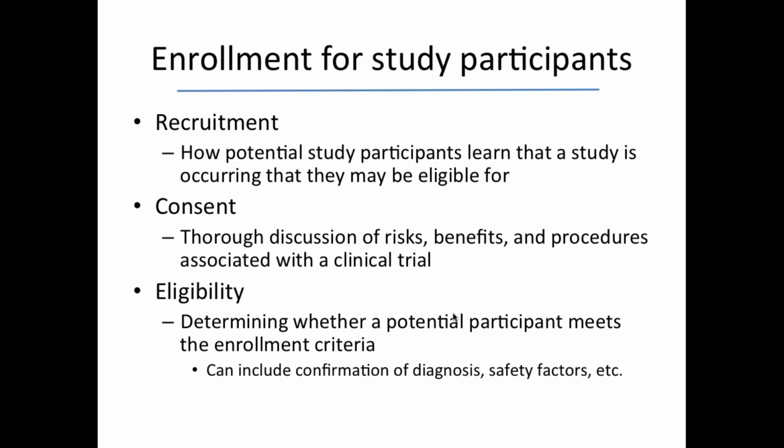Okay, so this is just an interesting note that I wanted to make. If questions come up about recruitment, consent, and eligibility about a study, those questions should really be posed to the principal investigator and to the study coordinator, just to be sure that a steady, appropriate stream of information is coming out from the right sources, because you can imagine misinformation getting out, whether it be good or bad, can really be detrimental to a study.